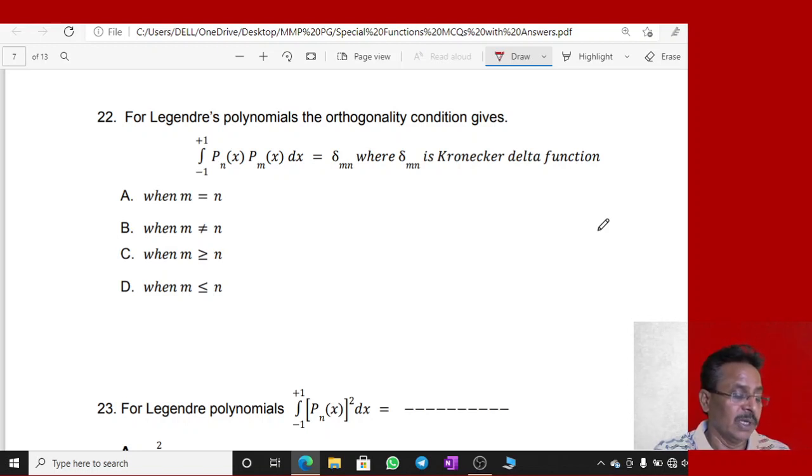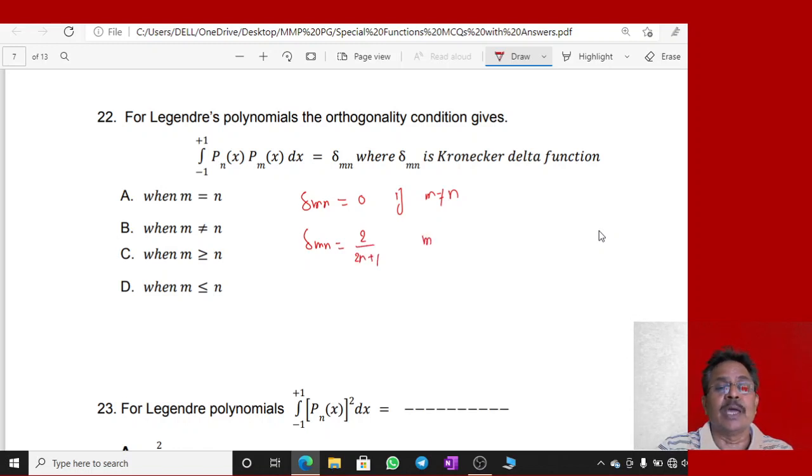And therefore here the condition is very easy. This integral is found to be 0 if m is not equal to n, and this delta mn is the Kronecker delta function, and it is found to be 2 upon 2n plus 1 provided m is equal to n. So the Kronecker delta function is obtained when m is equal to n, that is, when the order of polynomial n and the order of polynomial m are equal. Therefore option A is the correct option for